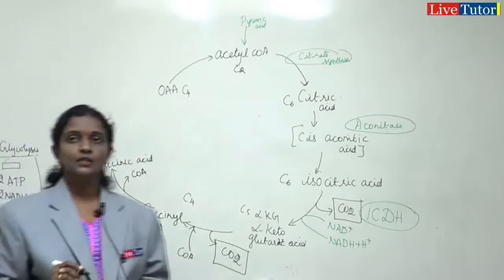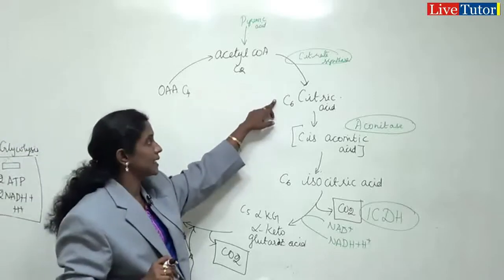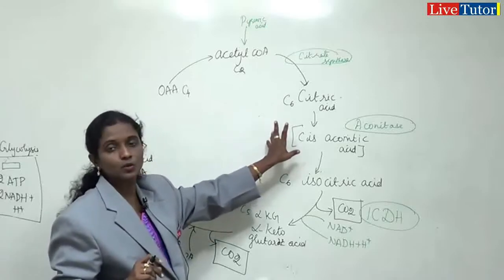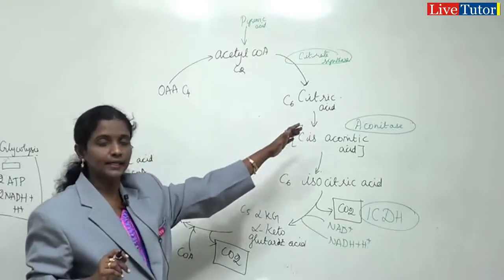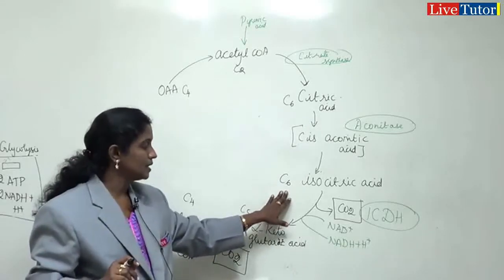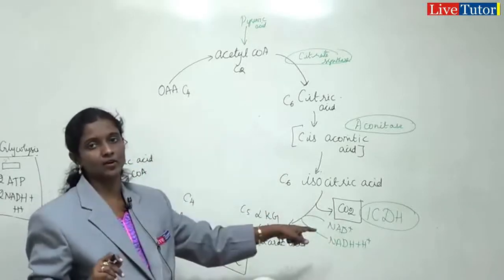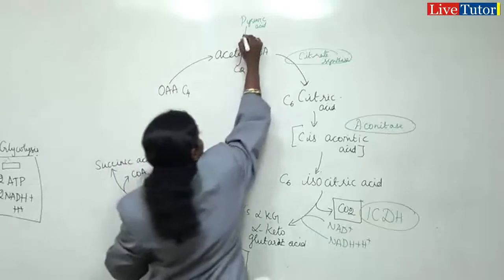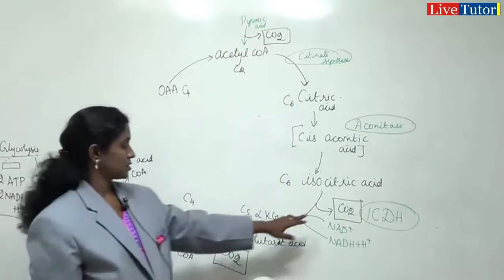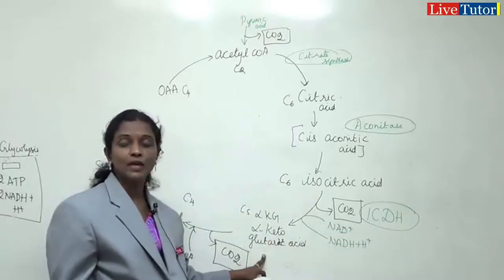So let us see this step. From here, 4 plus 2, 6 carbon, which is citric acid by the enzyme citrate synthase, and this citric acid goes on forming an intermediate cis-aconitic acid in the presence of an enzyme aconitase, so that it becomes isocitrate or isocitric acid. So this isocitric acid liberates the first carbon dioxide out in the Krebs cycle. Actually speaking, it is the second carbon dioxide. Already one is gone here. So this is the second carbon dioxide which is going to go out here, and meanwhile, when isocitrate becomes alpha Kg, there